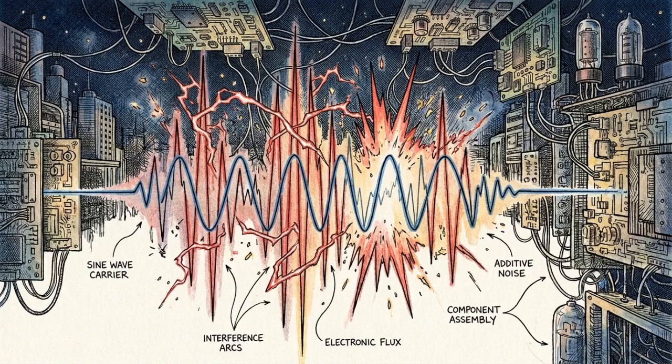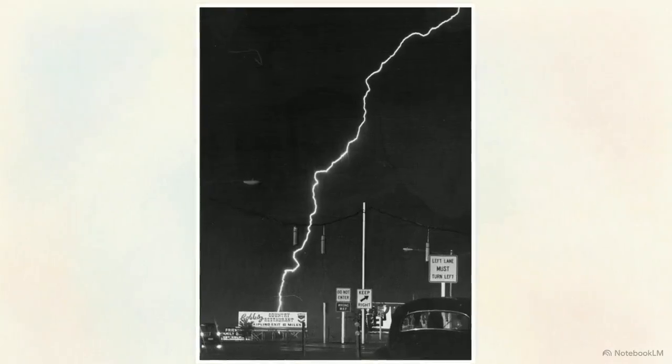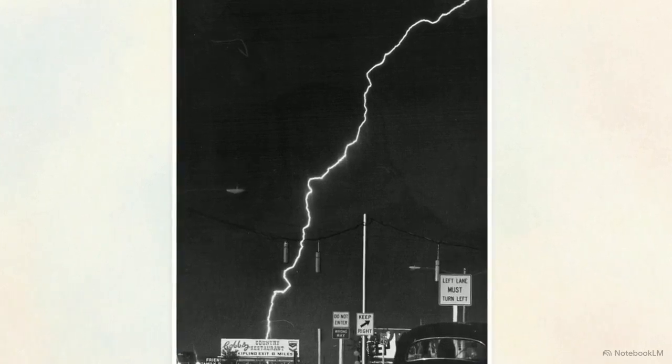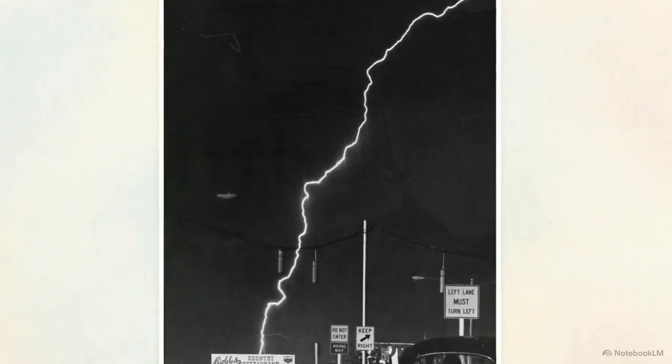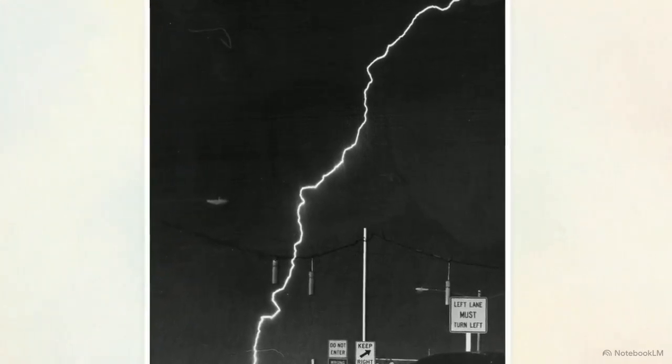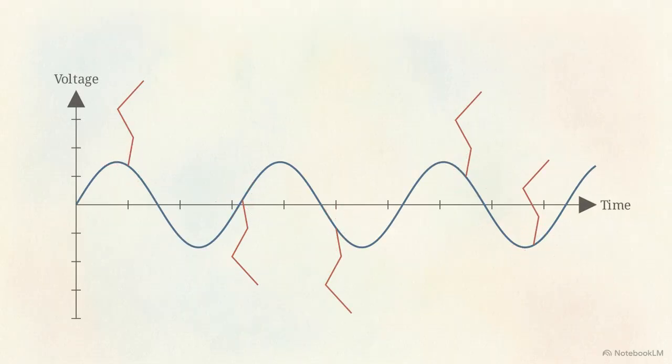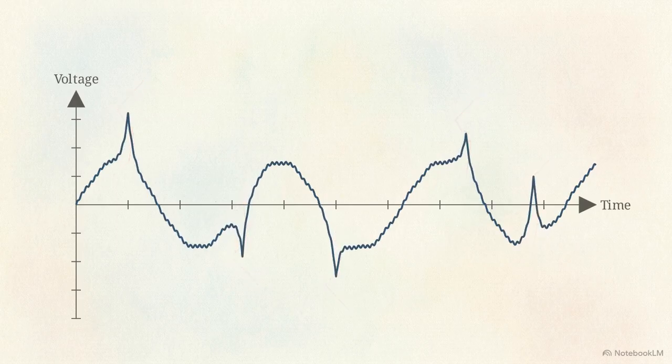The physical transmission path is an active electromagnetic environment, constantly bombarded by transient electrical interference. A lightning strike or a firing spark plug acts as a broadband transmitter, injecting rapid, high-voltage energy spikes directly into the atmosphere. These rogue electrical discharges collide with the carrier wave mid-flight. Because they share the same physical medium, the interference merges with the transmitted signal long before it reaches the receiving